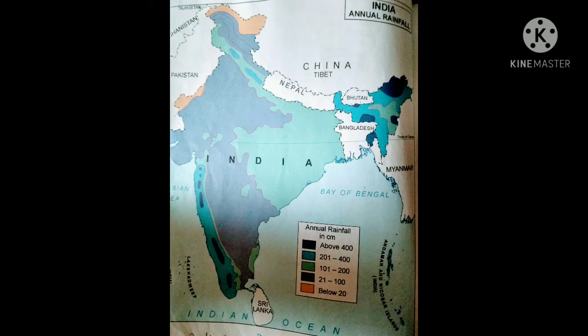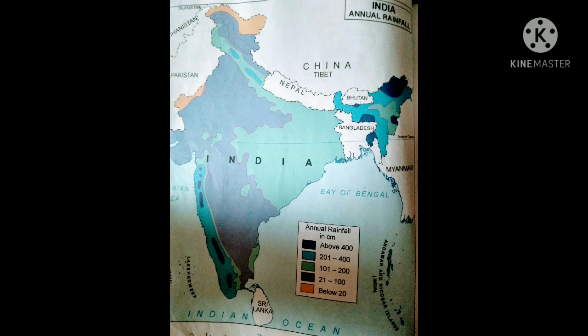Now next is the thematic map. Thematic maps focus on specific information such as rainfall, vegetation, etc. Suitable titles are given on the basis of the information provided in the map. It is a particular thing connected with a specific geographic area, such as temperature variation, rainfall distribution. In this map we will study India's annual rainfall. You can see it is shown with different colors.